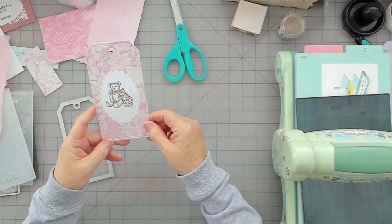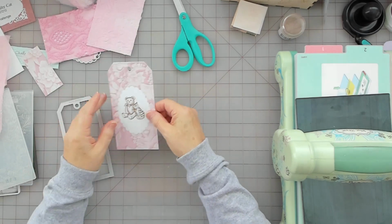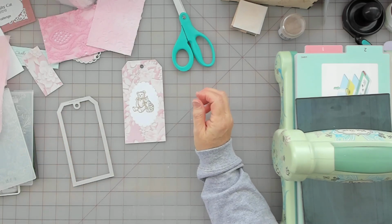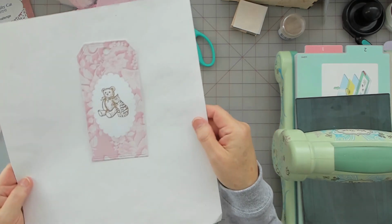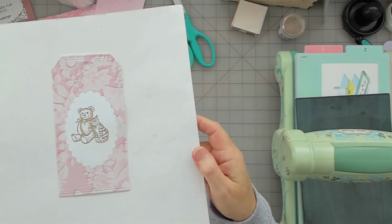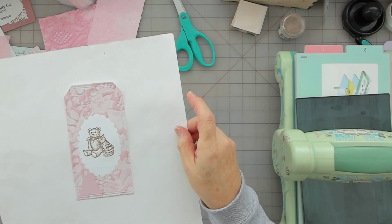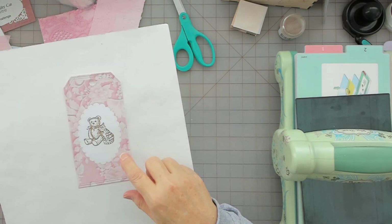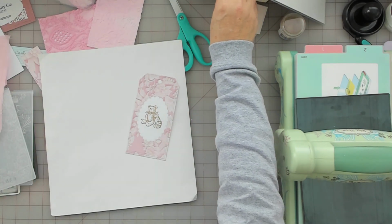There it is, adorable. There's my pink. I got a scratch or something on there, but I think it's okay. There is my pink cat tag. I got a cute little bear in there too. So this will go in my little box